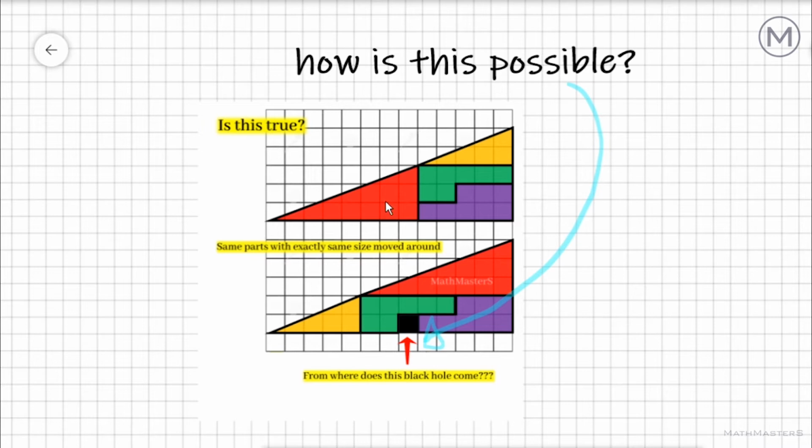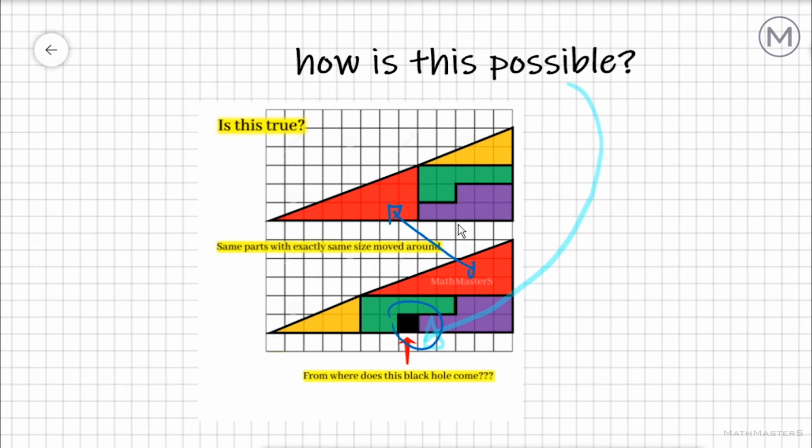In this figure you can see two shapes. As you can see in the figure, both the figures are comprised of the same shapes. So how does there come a hole like this? Have you ever wondered? If you look closer, the areas of the two red triangles are equal, and the area of